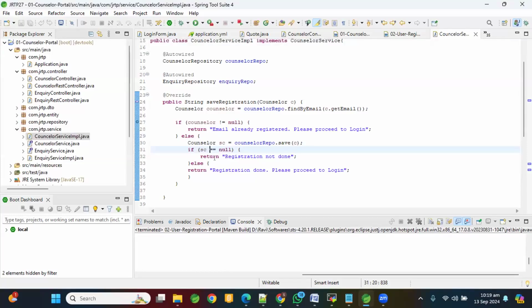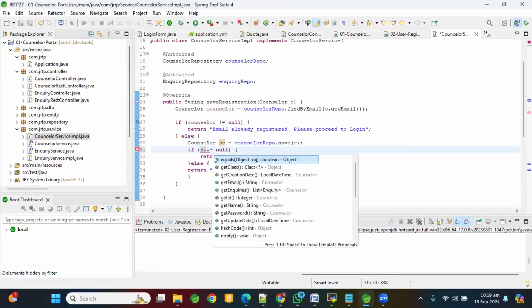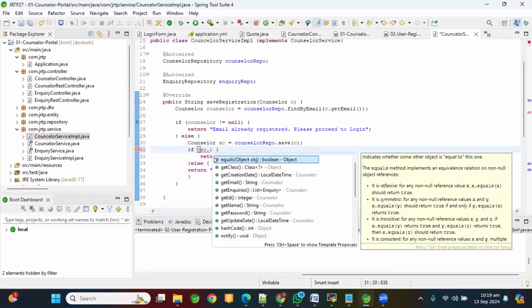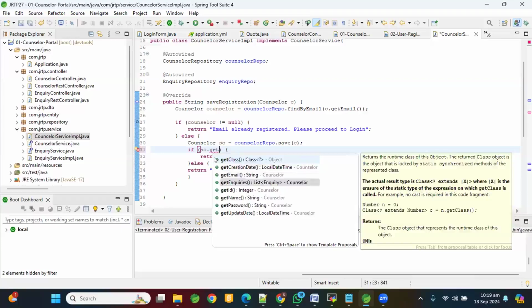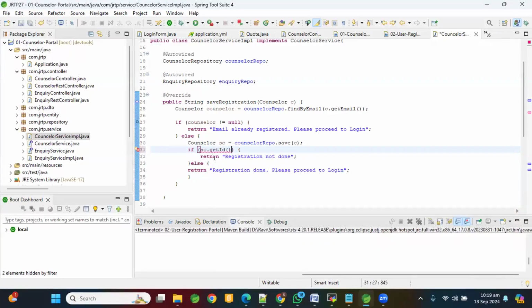If SC not equal to null, or SC dot get counselor ID. You do the condition like this, null not equal to, or else SC dot get id, the primary key. If it is not equal to null,